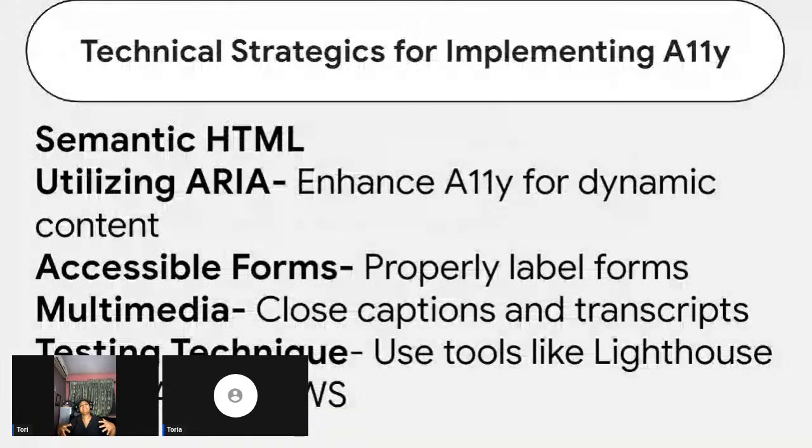Now let's bring it home to technical strategy. We've talked about rules and guidelines that would help you build an accessible web. Now let's talk about technical strategies and steps, right? More or less test cases, how you can actually implement accessibility. Now, the beautiful thing about accessibility is it is very versatile, right?